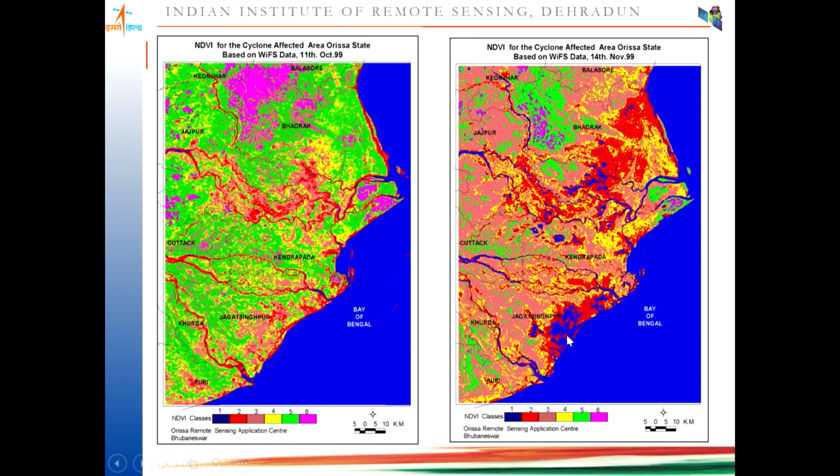There are lots of other waterlogged areas where the values are very close to 1 or on the negative side because of the waterlogging. And all the other coastal vegetation, you can see how the health has been degraded, which can be clearly depicted by the NDVI value of the pixels. So you can find out like this how much vegetation has been affected because of the cyclone in any